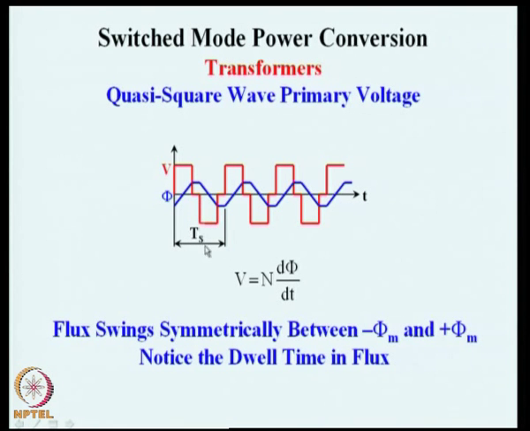And then again, when negative voltage is applied, flux starts decreasing and it keeps going all the way down to some negative maximum, and during the dwell period here, during the 0 period here, the flux remains again constant, and instead of a triangle wave, we have a kind of trapezoidal waveform, that is because of the 0 duration in both positive half cycle and negative half cycle. Here also the flux is swinging symmetrically between some minus maximum and plus maximum, and there is a small dwell time. On account of that, the flux waveform is not a triangle, but it is a trapezoidal waveform.